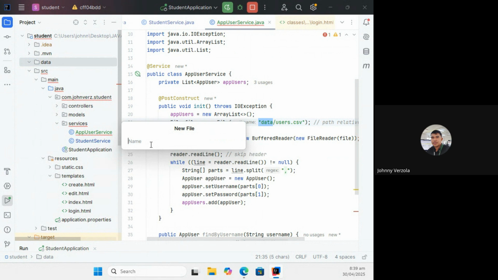But I want you to pay close attention to the process that we are following, para hindi kayo malito kapag sinunod nyo na ito. One reason na hindi nyo nasusunod itong pinapagawa ko sa inyo kasi hindi nyo alam yung step: anong gamit ng controller, anong unahin ko, yung service, yung model.